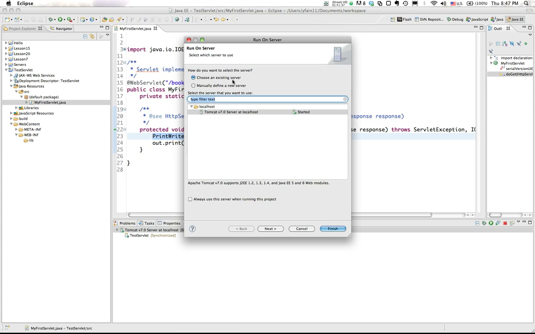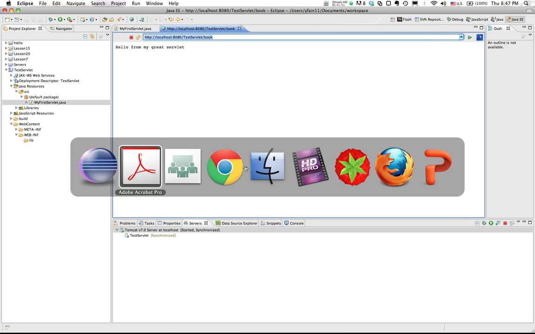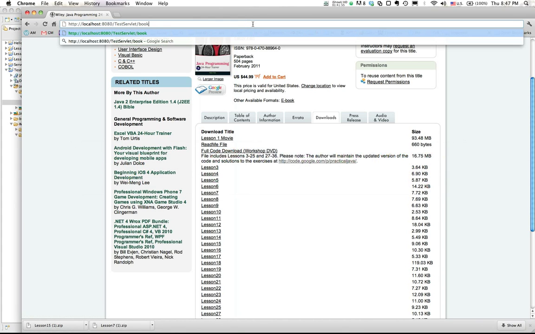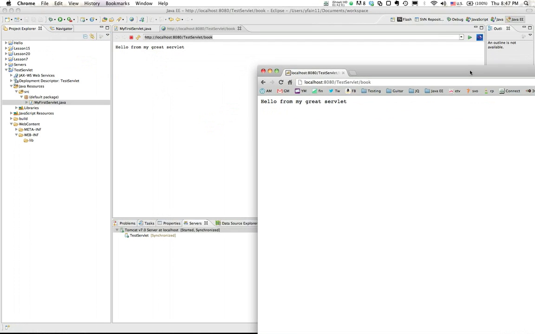Which one is your existing server? It knows that it's mine. Always run it. You can click on it. See? The servlet responded. This is the URL that was running. If you want, you can copy it into the external browser, and hit it there. It responds. So my server Tomcat was started from